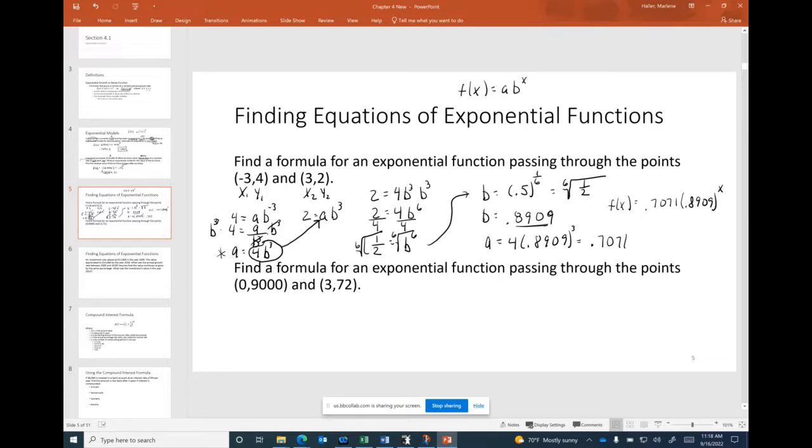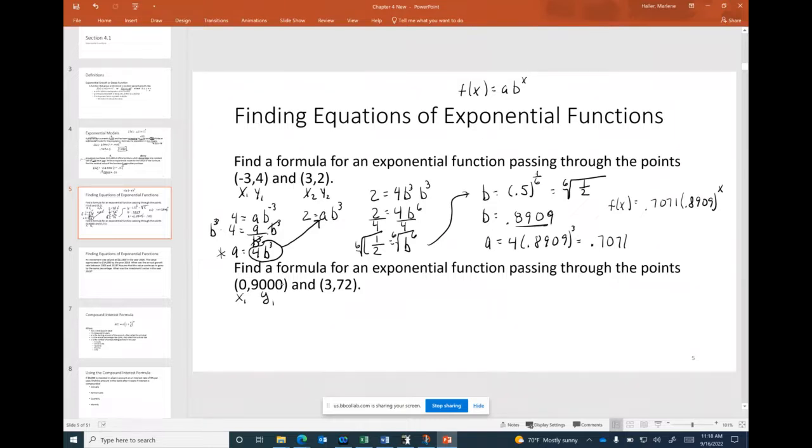All right. Should we try that one again? Or I'm sorry, do another example? I'm just checking my work here. Let's look at this next one. Here we want to find a formula for an exponential function that passes through these 2 points here. Now this one actually might be a little easier because look, for this first point,